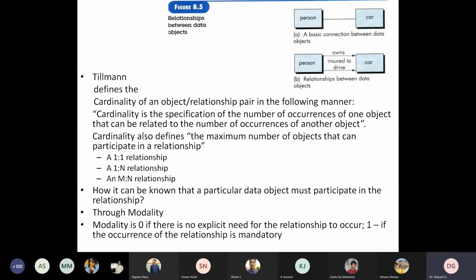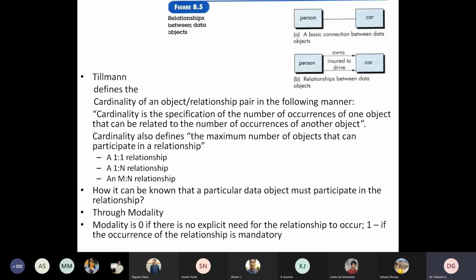Fine. Now after defining this cardinality, there is another question. How can it be known that a particular data object must participate in the relationship? I told you initially that in the cab hiring system, one car can be given to many drivers, and multiple cars can be shared with many people.